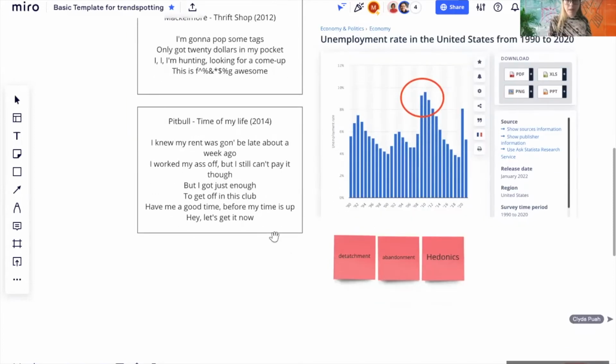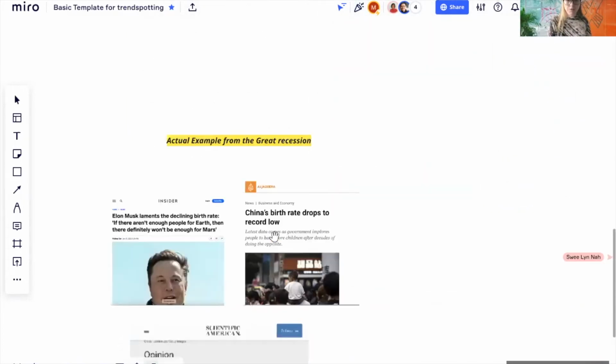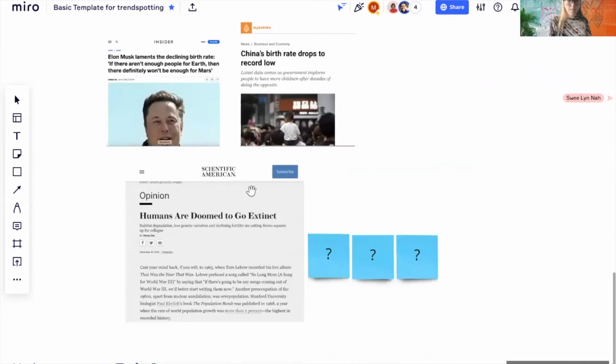And I left here just a few examples. And if you guys want to do this by yourselves, or if you want to take home and give us a stab, this is from the present, right? So these are three pieces of news that I found now that I thought,